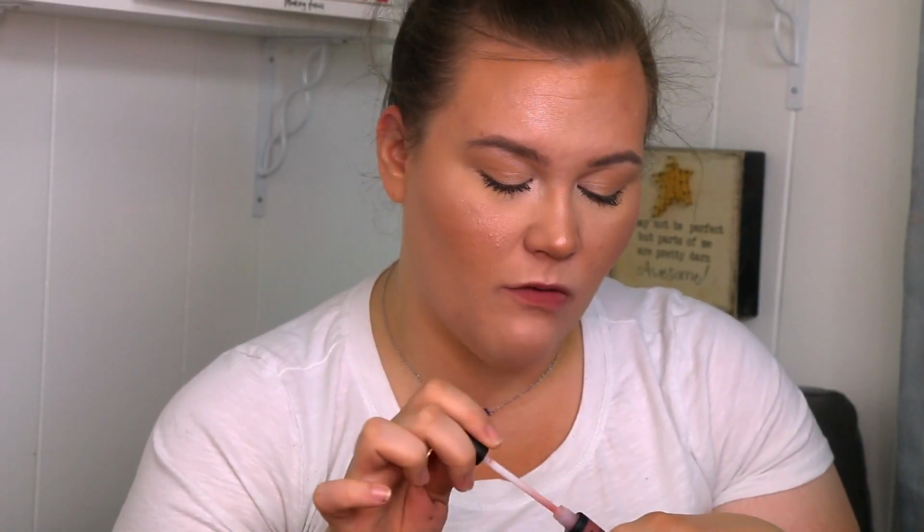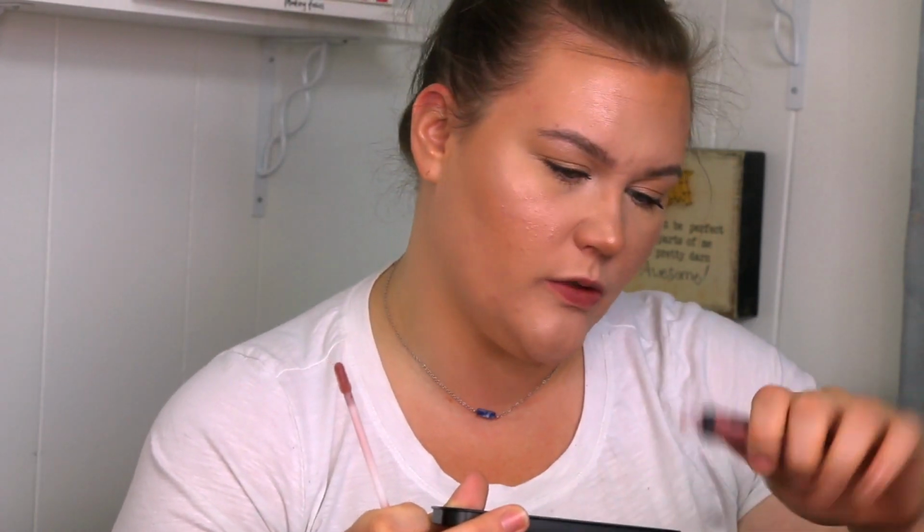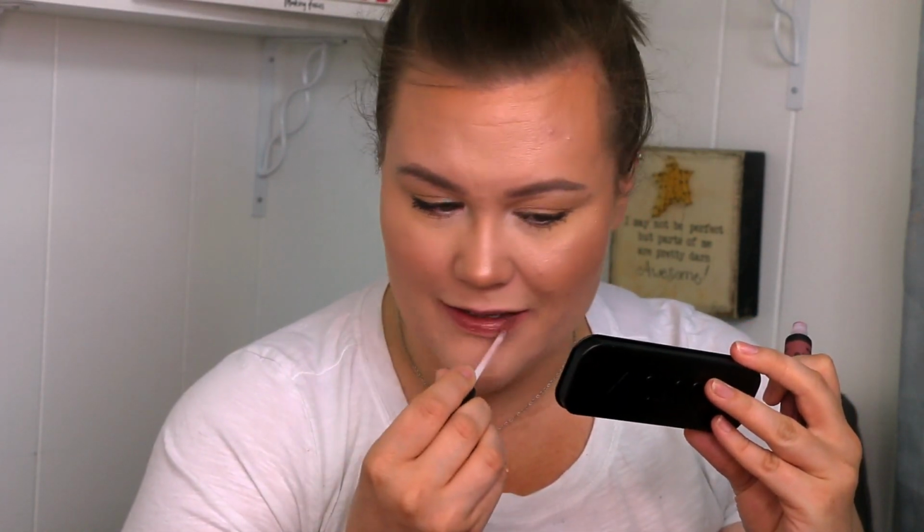Now it's time for lips, so I wiped those little bad boys off, and we're going to be testing out the Nudestix Lip Glaze. This is in Nude 06. We're just going to apply it here. I think it's just like a nude gloss. Okay, so this is very interesting because it's actually a very nice light colored nude gloss, but I swear to you,